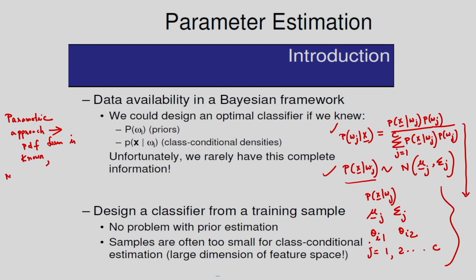What is the non-parametric approach? In the case of the non-parametric approach, the PDF form is not available. That means I have to estimate the density. That is nothing but density estimation. So in the non-parametric approach, the density form is not available, so we have to estimate the density. For this we need the training samples